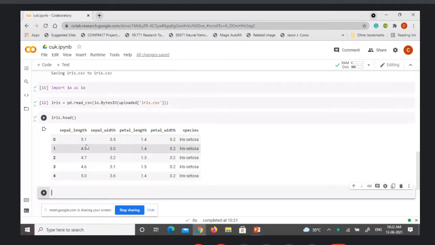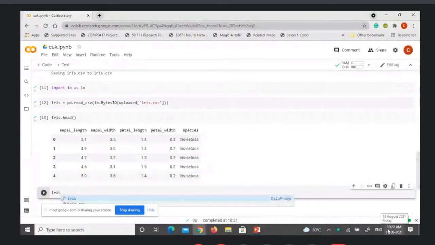If you see the data, all these are basic measurements. The metric is not mandatory for us; the measurement can be millimeter or centimeter, we are not bothered. The head will retrieve the first five rows, and the indexing is done from 0 onwards. Similarly, if you want to read the first 10 rows, you can pass 10.